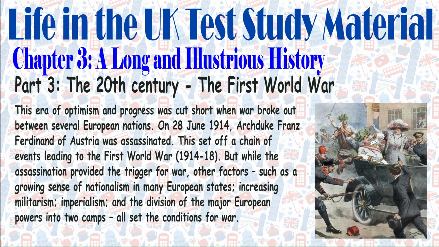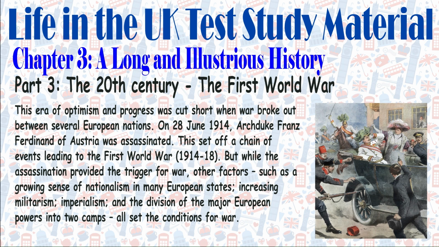This era of optimism and progress was cut short when war broke out between several European nations. On the 28th of June 1914, Archduke Franz Ferdinand of Austria was assassinated. This set off a chain of events leading to the First World War, 1914–18. But while the assassination provided the trigger for war, other factors, such as a growing sense of nationalism in many European states, increasing militarism, imperialism, and the division of the major European powers into two camps, all set the